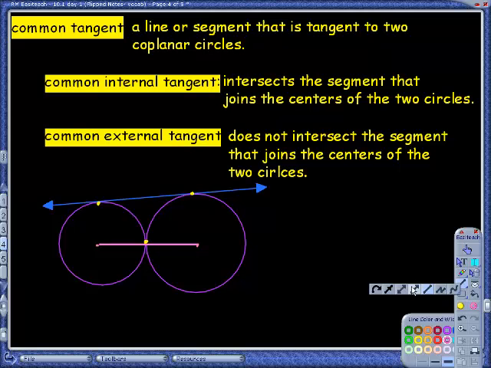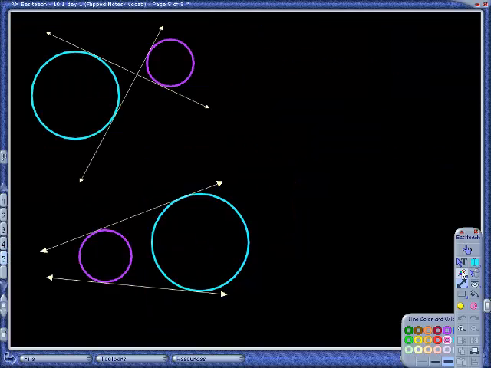So to draw an internal tangent with these 2 circles, it would have to be the line that would go right here, that goes through the segment that joins their 2 centers. So taking a look at the examples that I have up here, these 2 tangent segments, I know they're tangents to both circles. These 2 lines of tangency are both considered internal tangents because they would connect the line